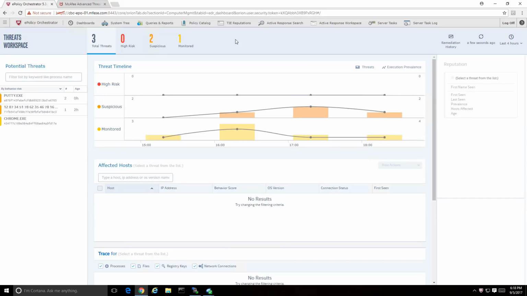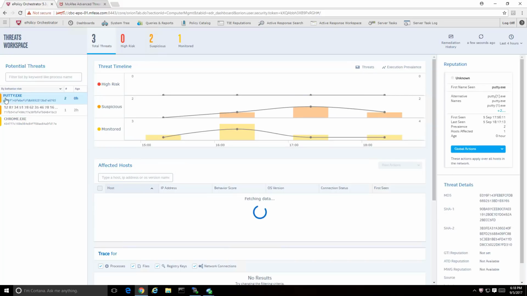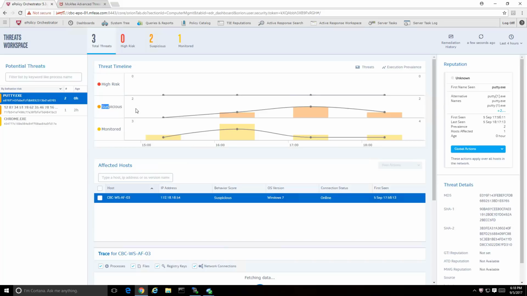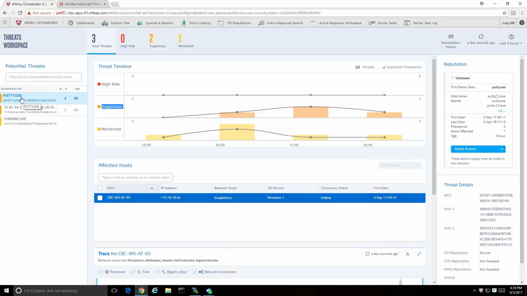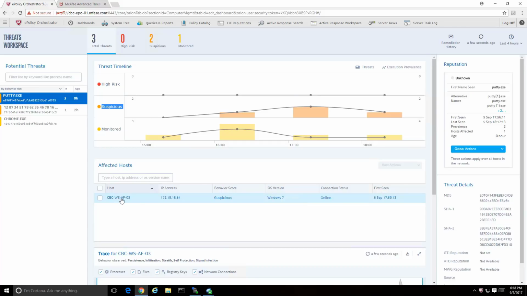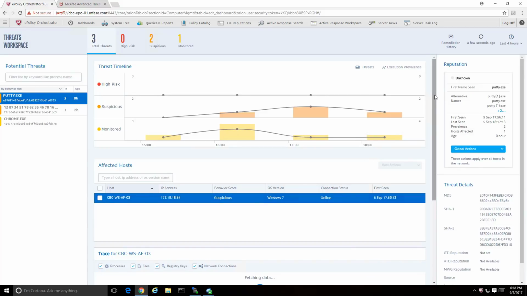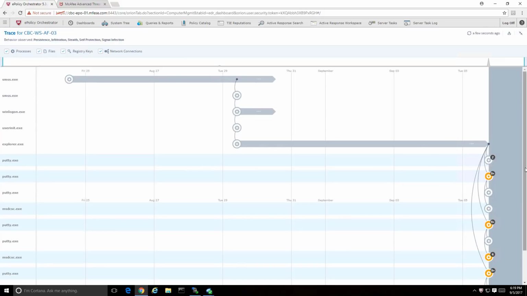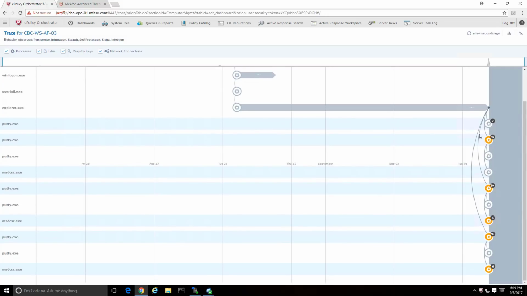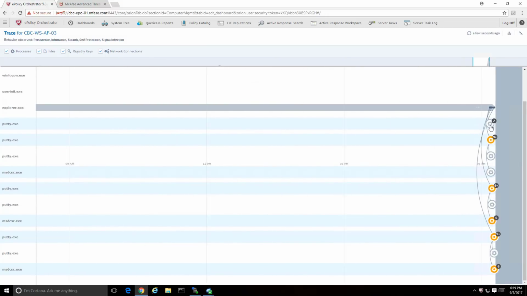So if we do a quick search, you can see that PuTTY here is showing up as suspicious. And if we click on this PuTTY executable, then I'm going to get a list of the machines that are running it. So this is my victim machine here. So if we click on the victim machine name and scroll down, we're going to get a timeline view of everything this process has done on the endpoint. So we're going to blow this up, and we're going to have multiple executions here. So if we zoom in,